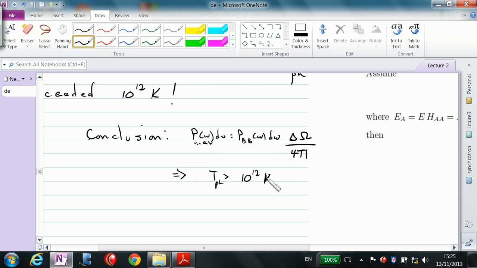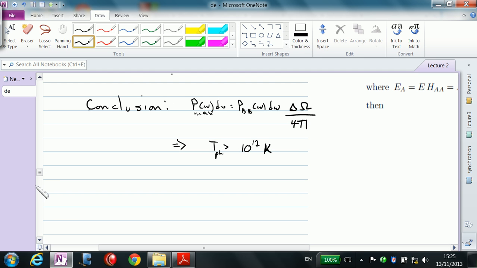Now here's a big K for Kelvin. Supposed to be lower than 10 no, but I mean the T photon that you needed to account for the observed. In fact, let's call it apparent